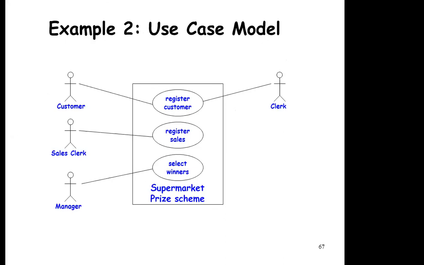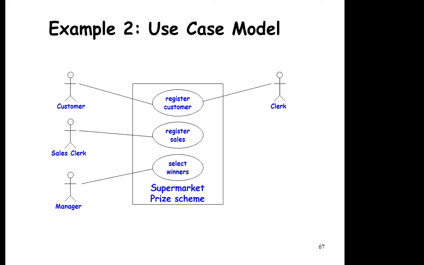One is the customer, another is the sales clerk who will take care of all the sales by the particular customer. He will make the record of all the sales. Then there is the manager. The manager will pick the final winner. He will make all the announcements and pick the lucky winner. And there is the customer also, because the prize has to be given only to 10 winners and there can be more than 10. So how to pick? And there is a clerk also who will do the final registration. So four actors are there in this system.